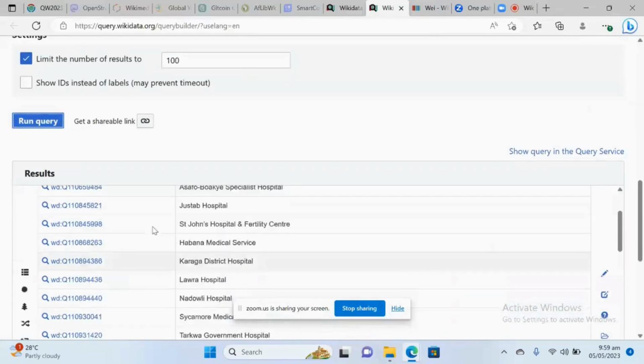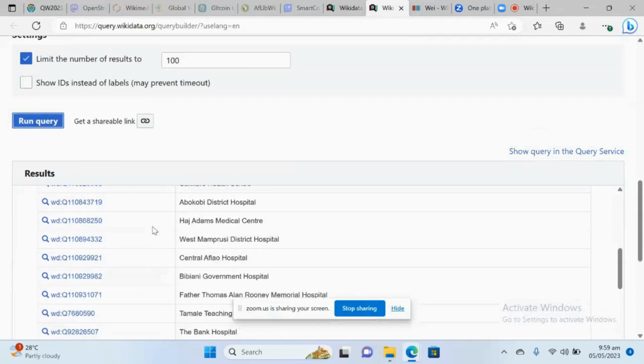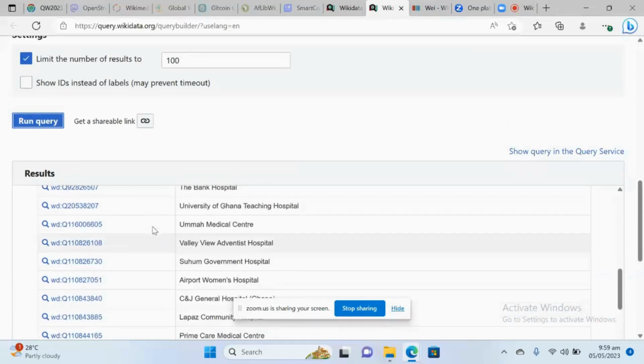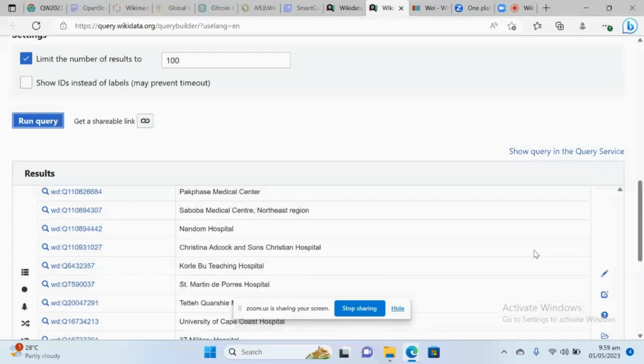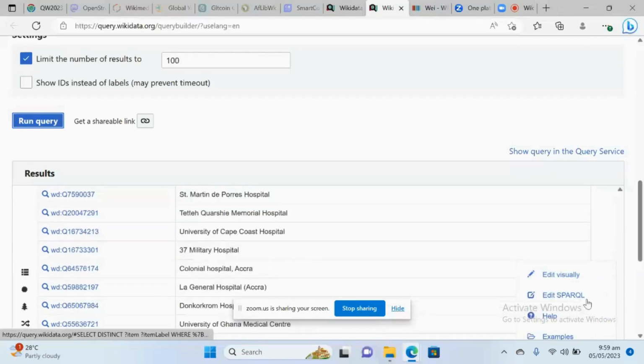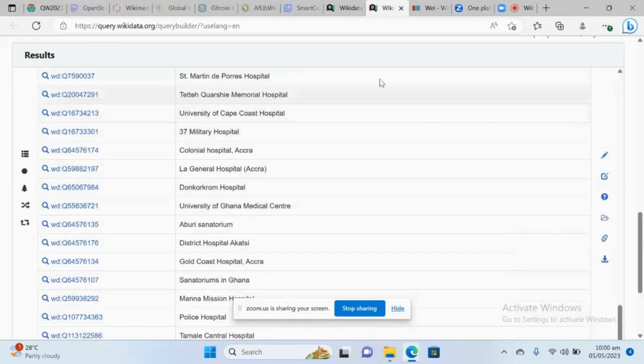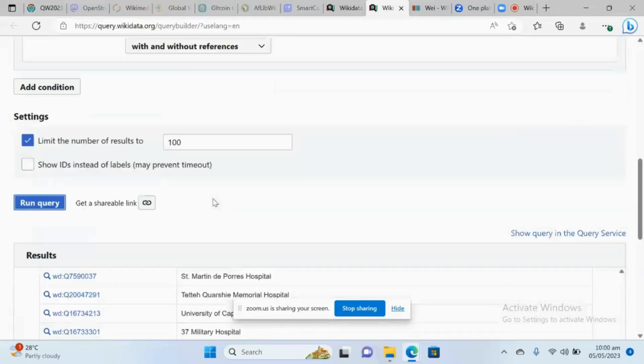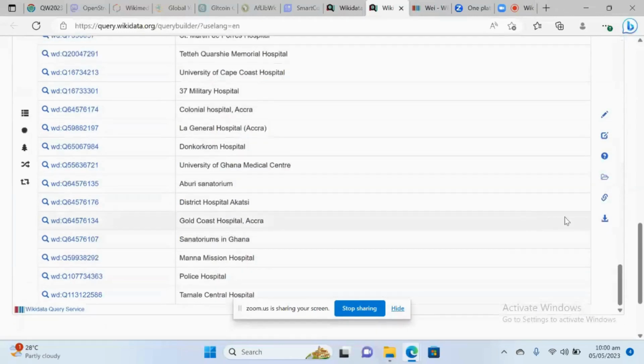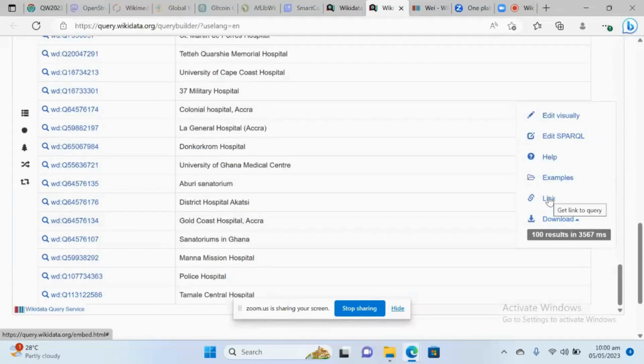So you could see that we have the hospitals that we need in Ghana. The list of hospitals, we have them here. We can check to see how many hospitals we've queried so far. That's 100 results. So there are a lot of hospitals that have been made available on Wikidata. And in order to get all this data, there's no need for you to copy them one by one. What you need to do is copy the link,